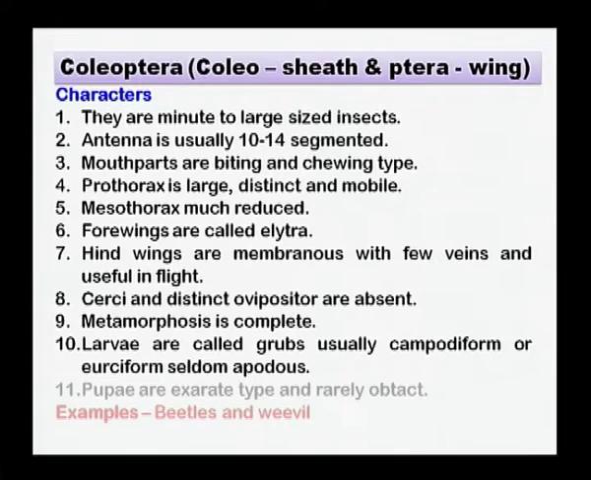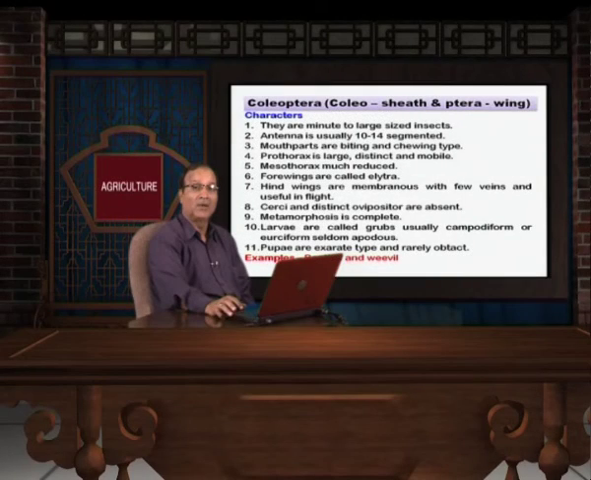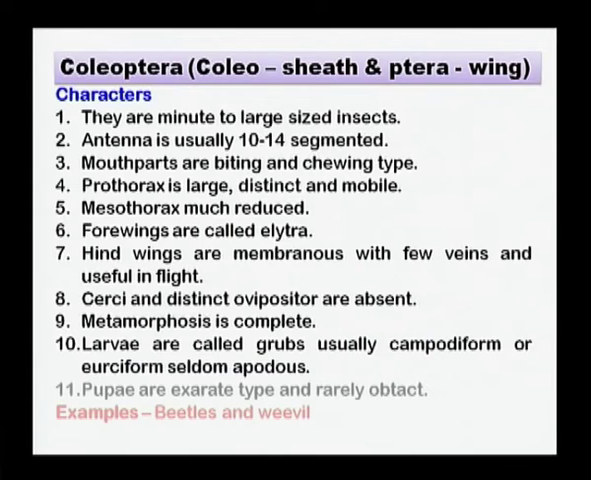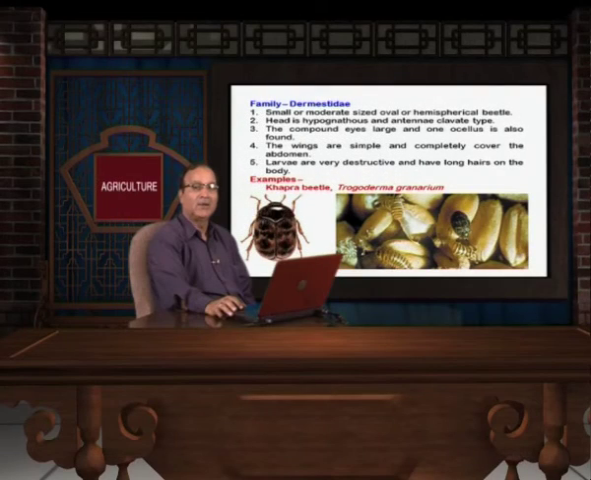Larvae are called grubs. It means the thoracic legs are prominent and no abdominal legs or prolegs are present in the order. With regards to the pupa, they are exarate type and rarely obtect type of pupa can be seen under the order Coleoptera. The common examples of coleopteran insects include the beetles and weevils. Order Coleoptera is divided into